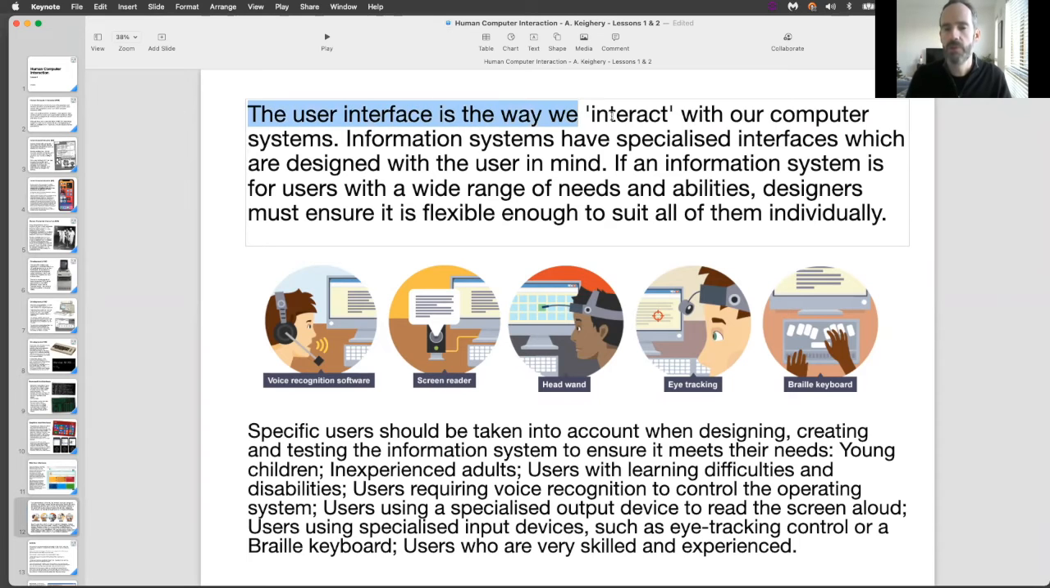So the user interface is the way we interact with our computer systems. And information systems have specialized interfaces which are designed with the user in mind. So if an information system is for users with a wide range of needs and abilities, designers must ensure it's flexible enough to suit them all individually, right? So what you're talking about here